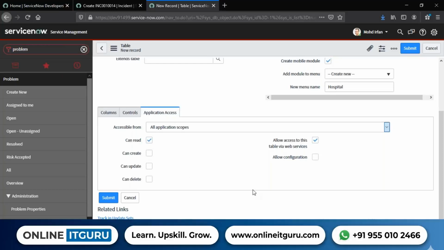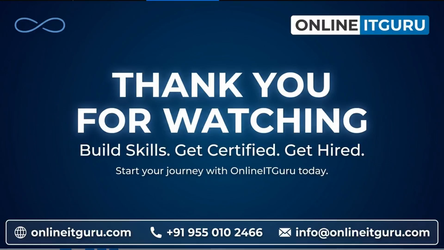And if you are integrating this table with a third-party application, in that kind of scenario, you have to make sure that you allow access to this table via web services, which is the REST and SOAP API available for integration. Imagine that you are creating an automation saying that if I create one record in that application, it has to auto